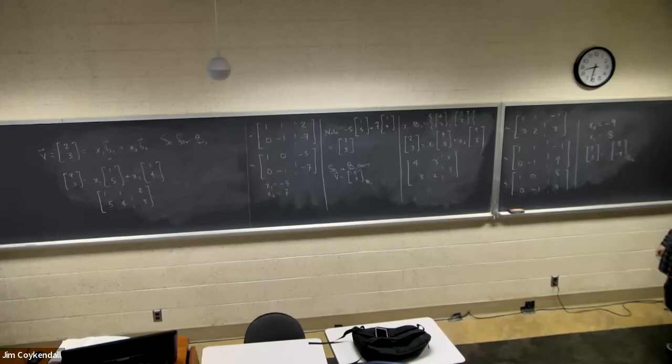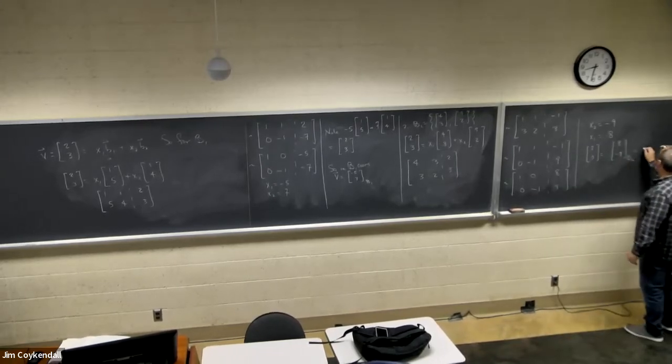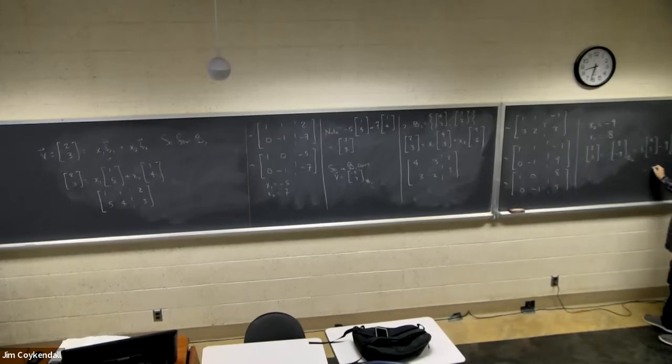And again, you can check this because this is really what it means. This is 8 times 4, 3 minus 9 times 3, 2. And so this comes to 32 minus